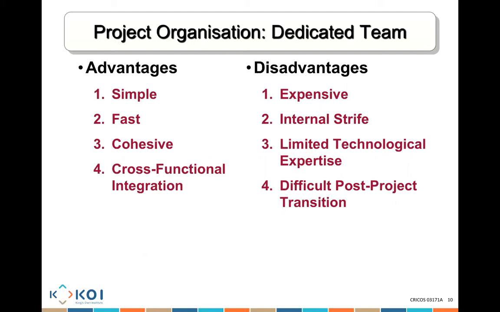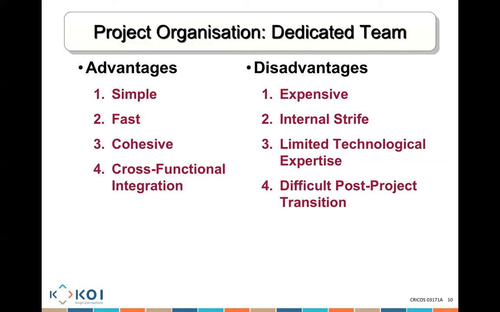That's what it is. It is cohesive because people are talking together, meeting together, working together every single day, and there's cross-functional integration. So if I'm talking about software engineering, when a BA gives me the requirement, he tells all of these developers, and when developers finish all of their development, they give it directly to testing, who works closely together. They are integrated. So they communicate very, very well together to get the job done. But there is obviously a disadvantage.